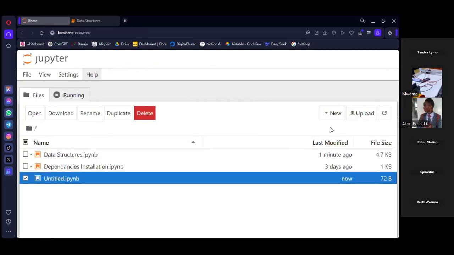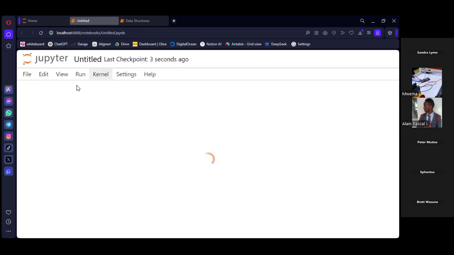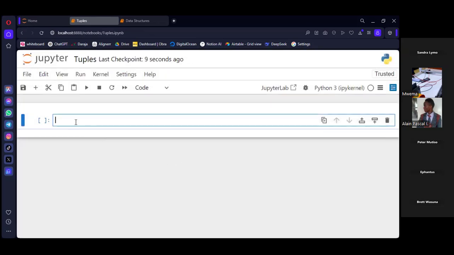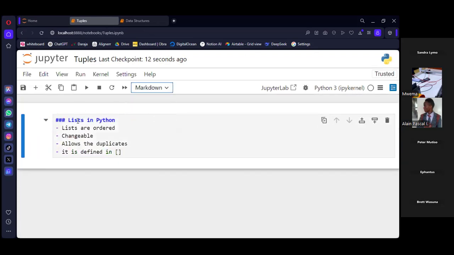So let's talk about the tuple, still on data structures. Tuples, or tuples, depending on how you read it. I want us to talk now about another data type for storing a collection or a sequence of data, and that is the tuple.